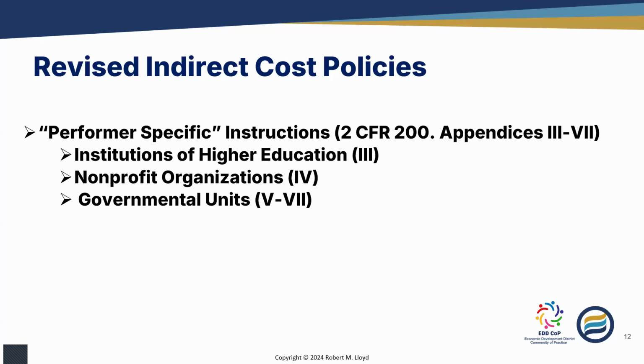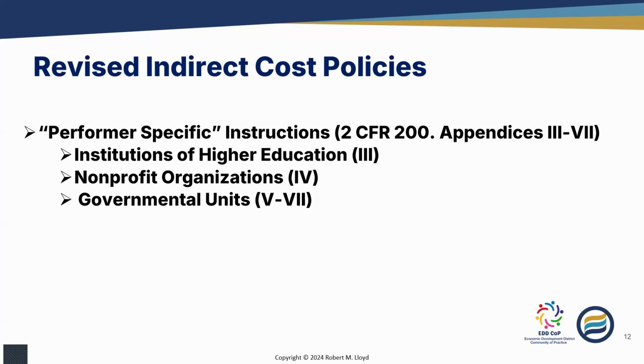Now, there are only two exceptions to that. One is where there's a statutory provision that limits indirect costs in a particular federal program. I hasten to add here, having an administrative cost cap in a particular program, as some programs administered by RDOs have, is not the same as having a cap on indirect cost. Those two concepts are often conflated here, okay? So the statutory exception is one where it says indirect costs are limited, not one that says administrative costs are limited.